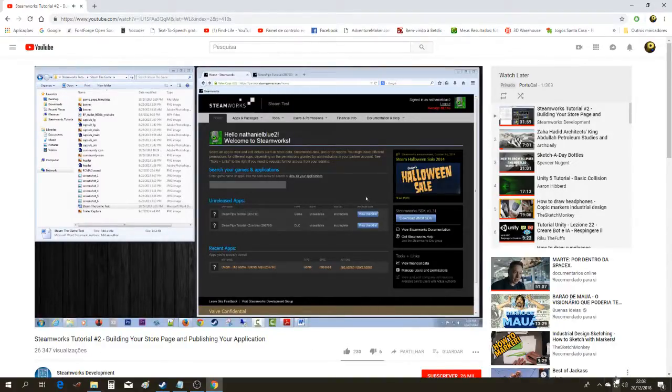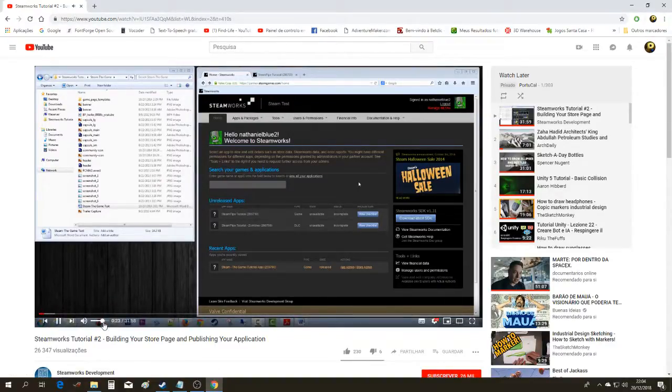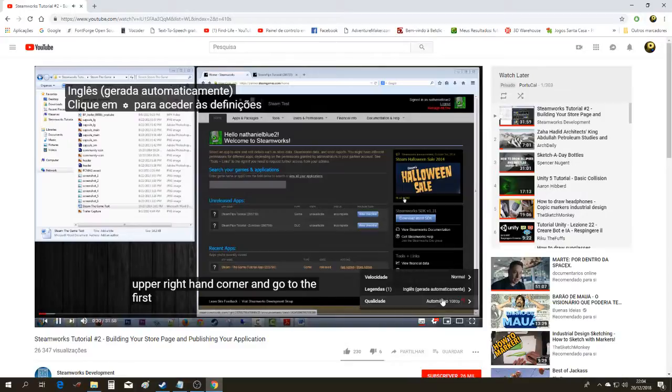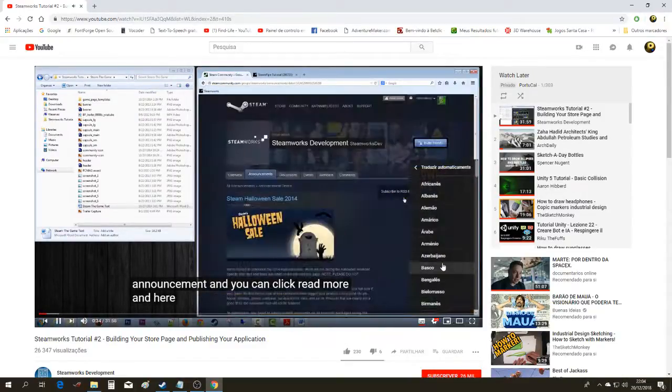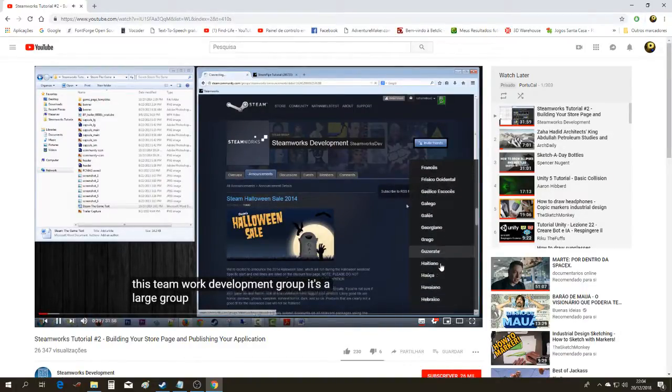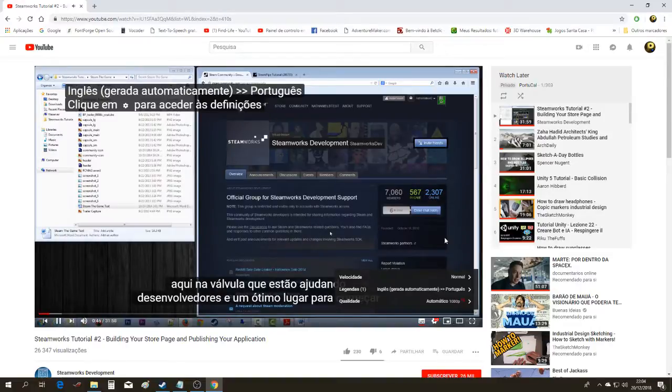What you'll do is log into partner.steamgames.com using the Steam ID associated with it. The first thing I'd have you do if you're new to the Steamworks admin is look to the upper right hand corner and go to the first Steamworks Development Group announcement, click read more, and here you can sign up to be part of the Steamworks Development Group. It's a large group of developers and also folks over here at Valve that are helping developers, and a great